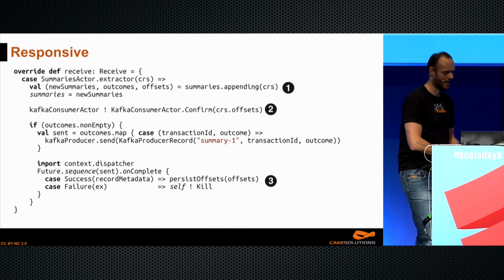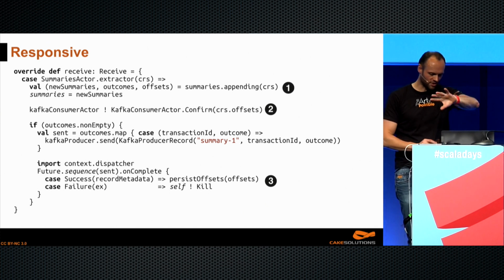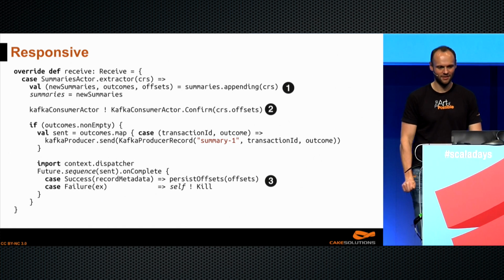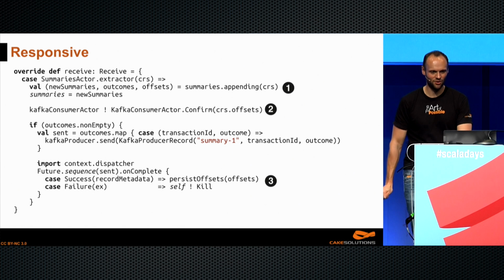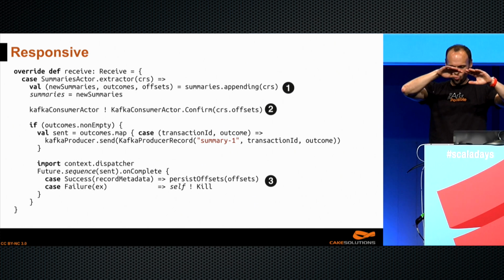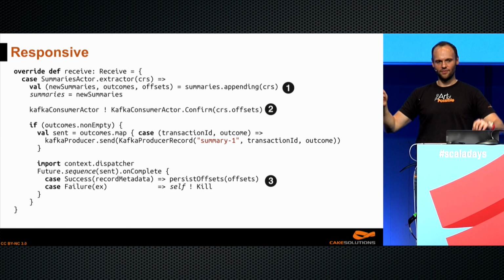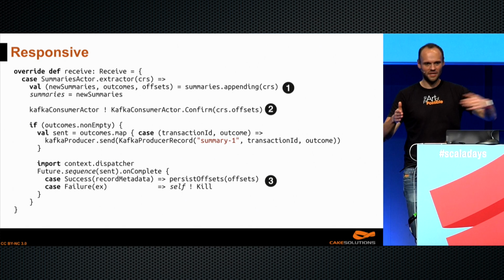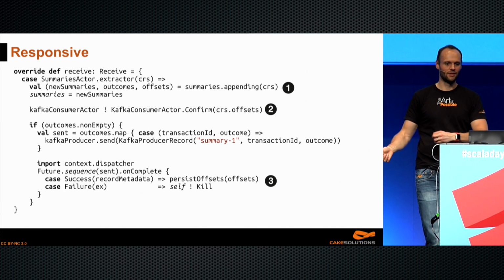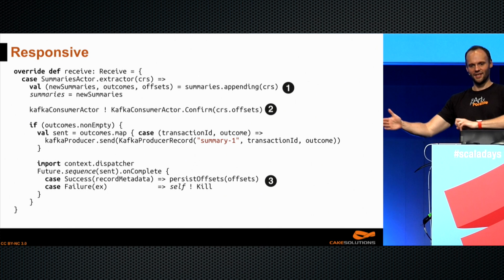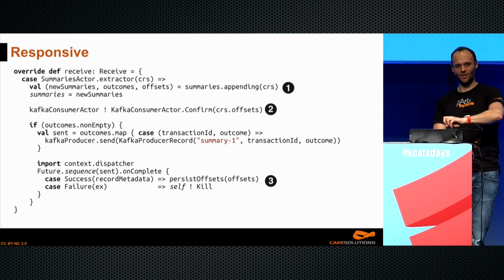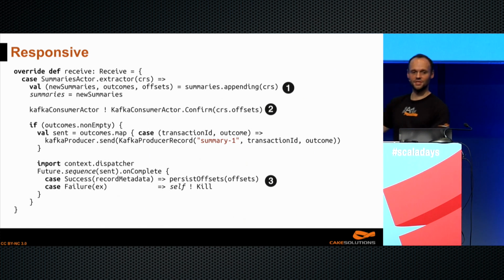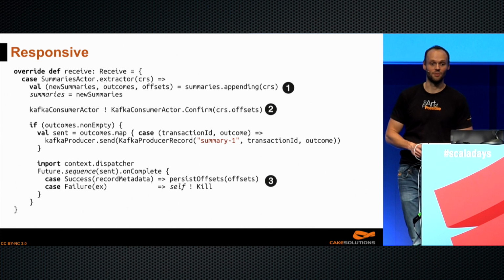Now, what on earth is that? Well, first of all, new summaries, that's easy. That's simply the mutated version of summaries. Okay, we're happy. Now, outcomes and offsets. Remember, we only want to write the value of our offset storage when we have read all the 3 messages, when we have successfully produced the value. So offsets are essentially the smallest values of the offsets that we can safely write, so that when we crash, we can recover precisely to the state that we were at point number 1.